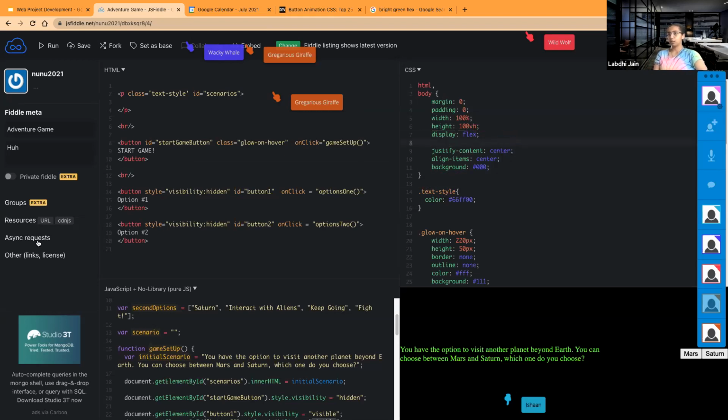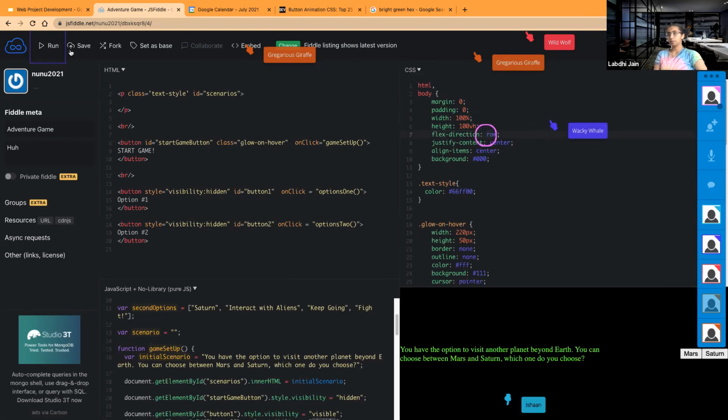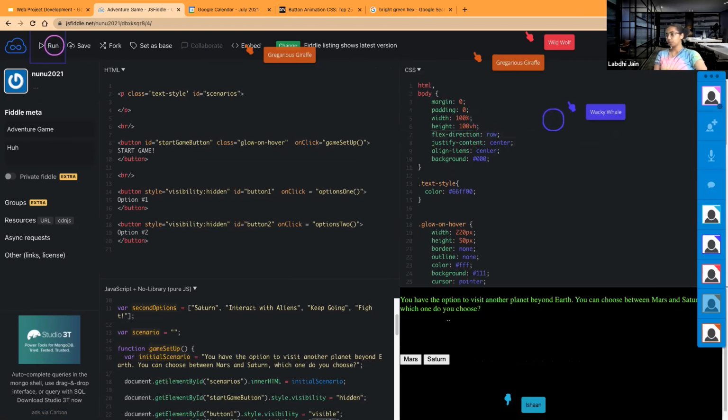So I'm gonna backspace that, run and start game. It's not that. So I'm gonna Control Z, display flex. Now I'm gonna try deleting this. There you go. Okay, so it was display flex. Now we see that these buttons do enter over there, so that's good. Other than that,